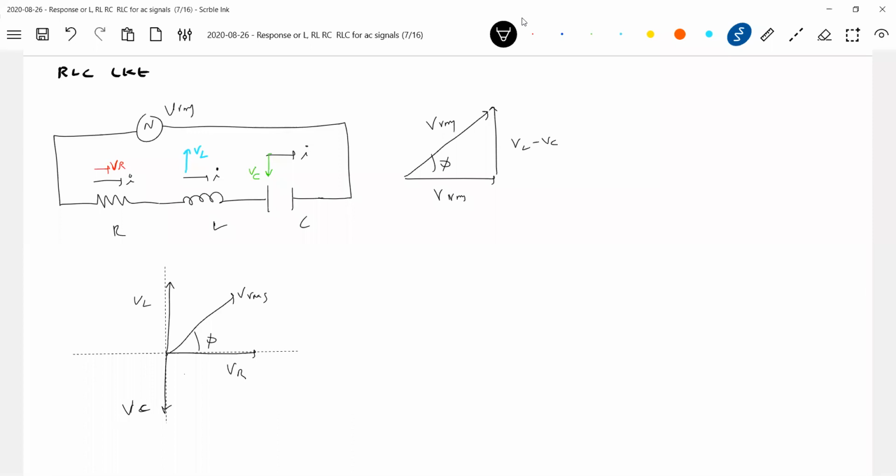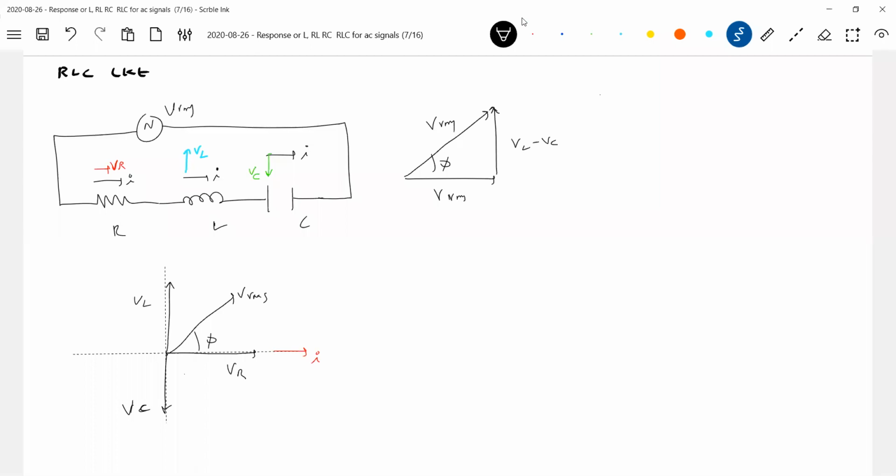Now, is it a lead or lag circuit? Current is flowing here, no? Current leads the voltage, no? Current lags the voltage. So now it has become a lag circuit. Though inductor and capacitor are there, still you have to call it a lag circuit. The reason for that is XL greater than XC. Because VL greater than VC means, same current flows.